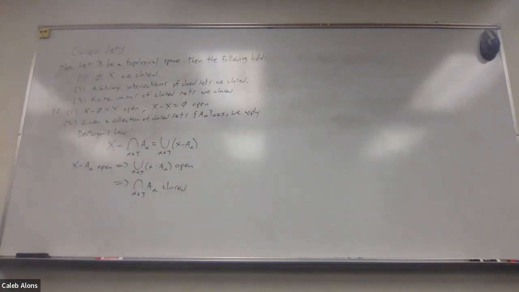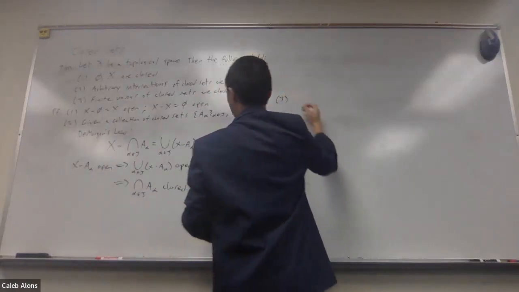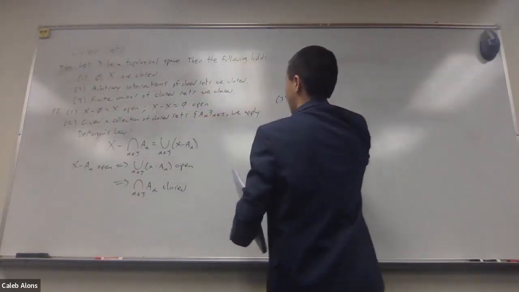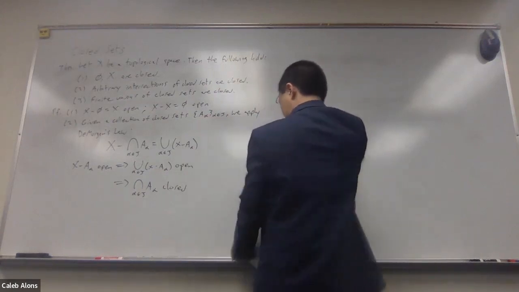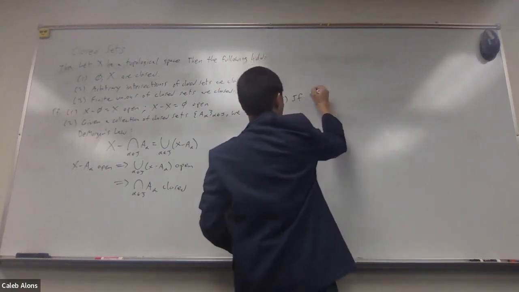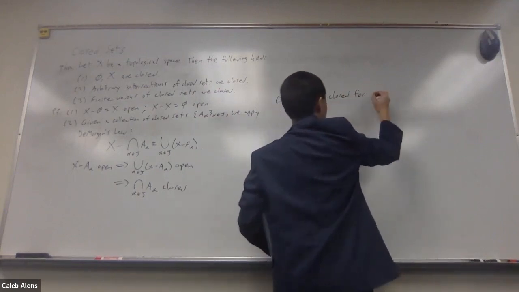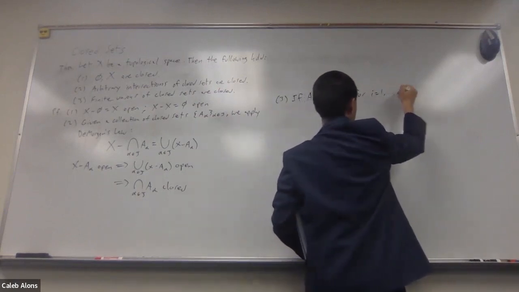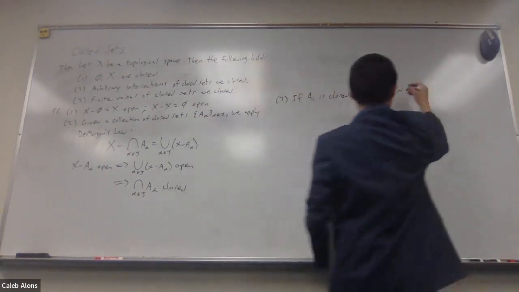And then for 3, it's pretty similar. Now instead of just doing an arbitrary thing, we're going to take a finite collection. So if A_i is closed for some i from 1 to n, so now it's finite. Now we're just going to consider